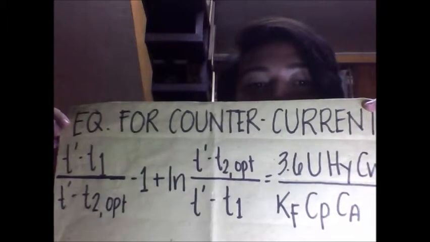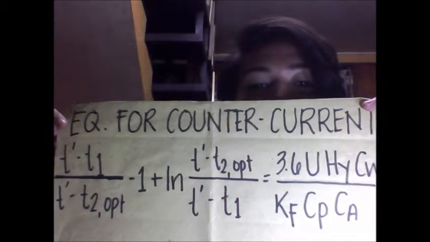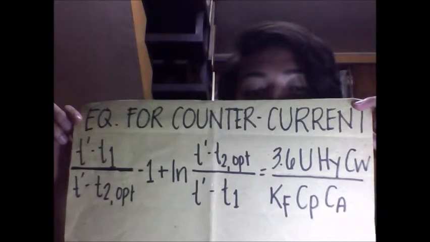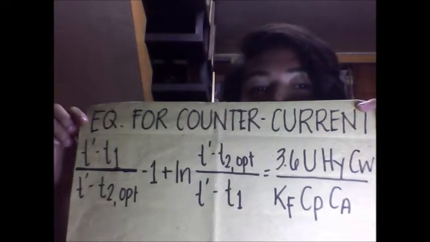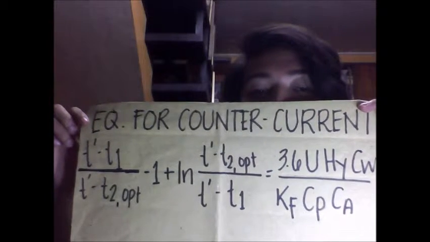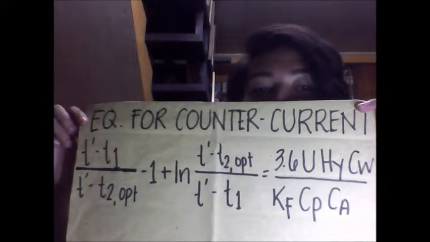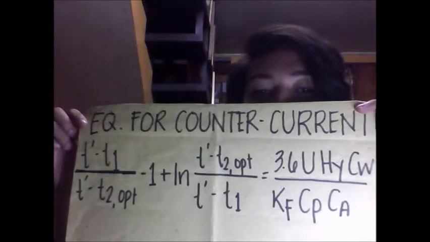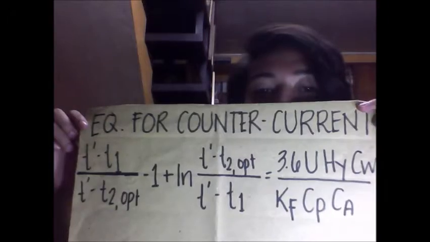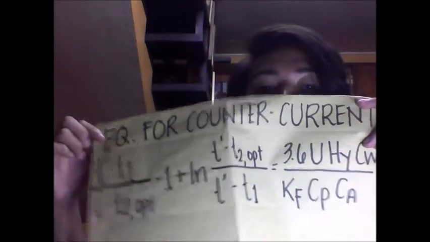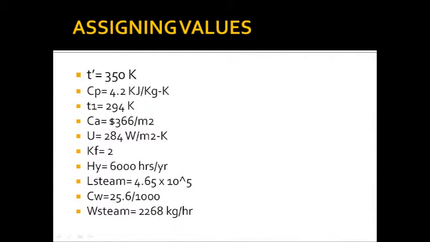(T prime minus T sub 1) over (T prime minus T sub 2 optimized, the exiting temperature) minus 1 plus ln of (T prime minus T sub 2 optimized) over (T prime minus T sub 1) is equal to 3.6 U times H sub Y times CW over K sub F times C sub P times C sub A. And for the assigning of variables, we have T prime